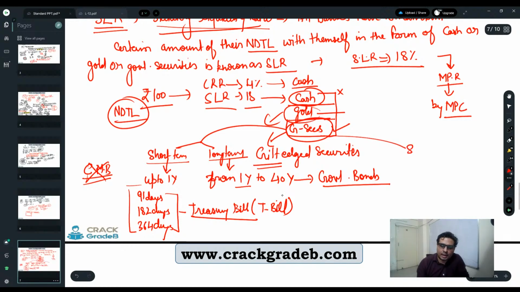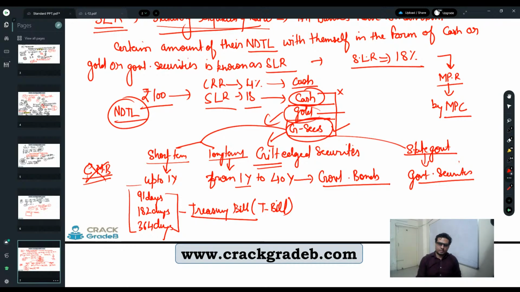Any security issued by a state government, right? Development securities, so they are also considered under government securities. I'm telling you this since the beginning: the things which are for the government of India, the same kind of system is also available for the state government. So these come under the category of government securities. If a state government is borrowing through that paper, then it also comes under the category of government securities.